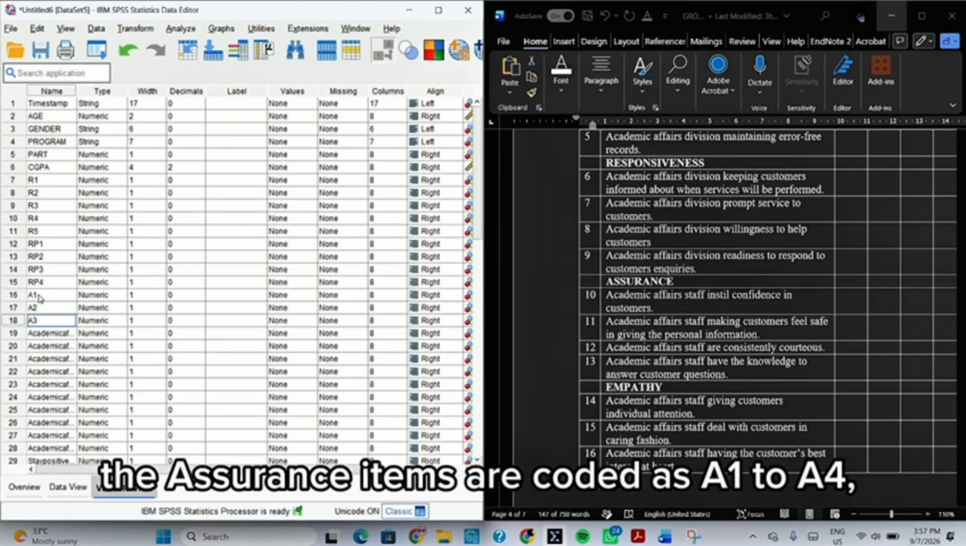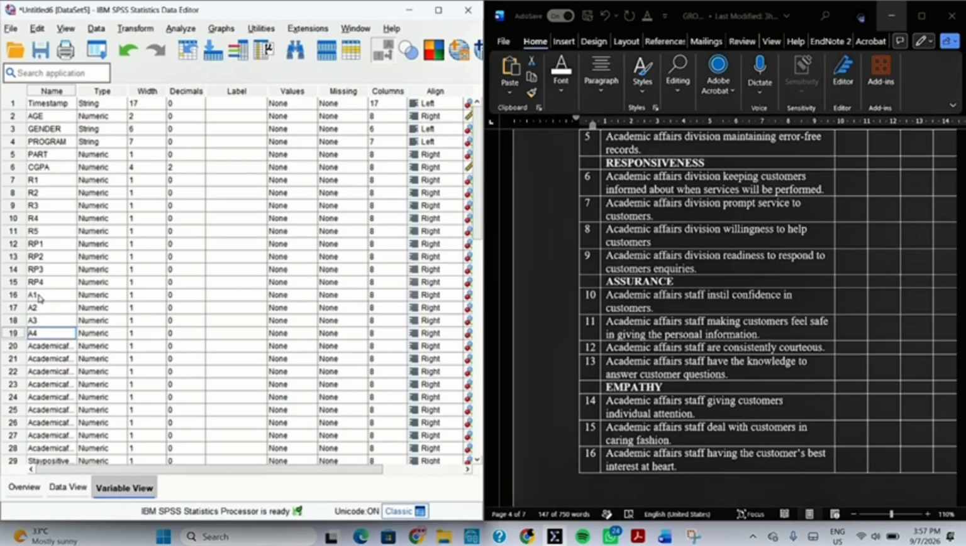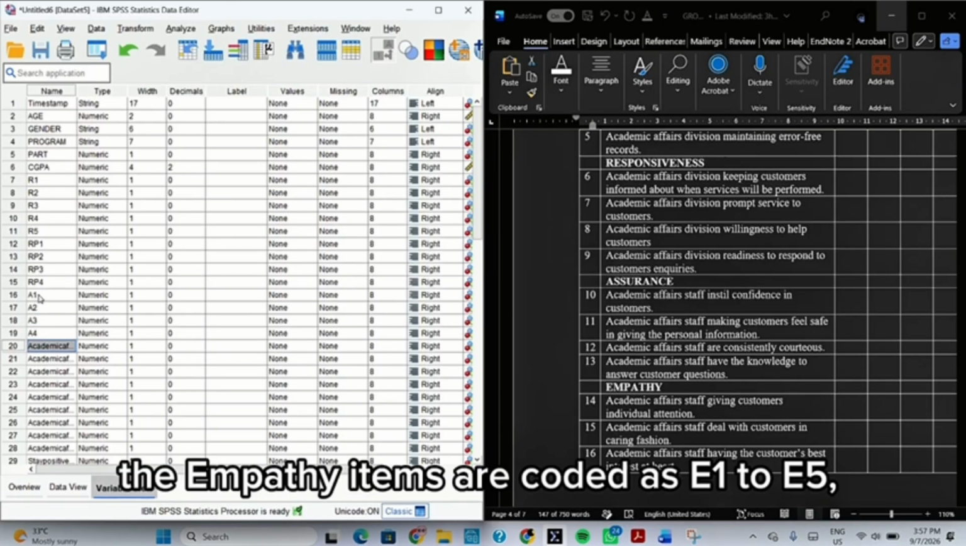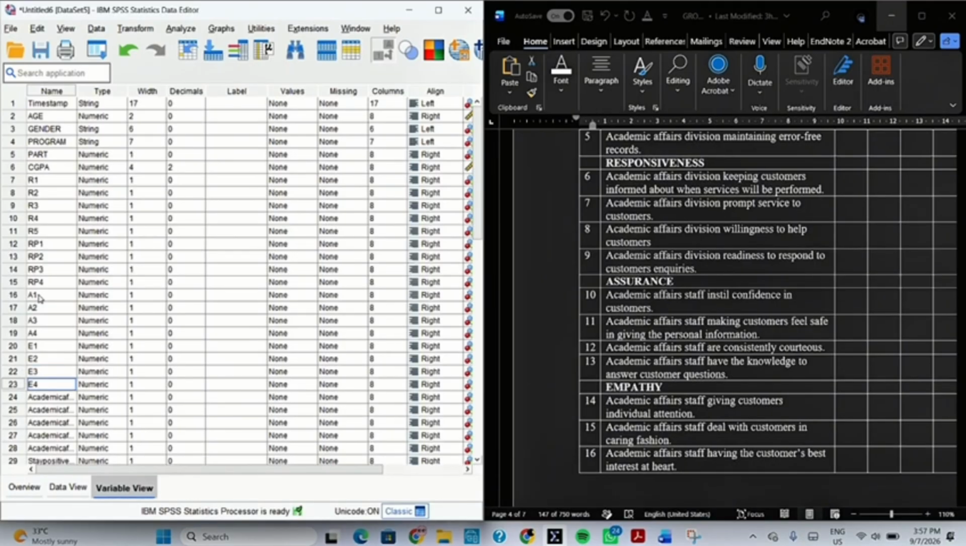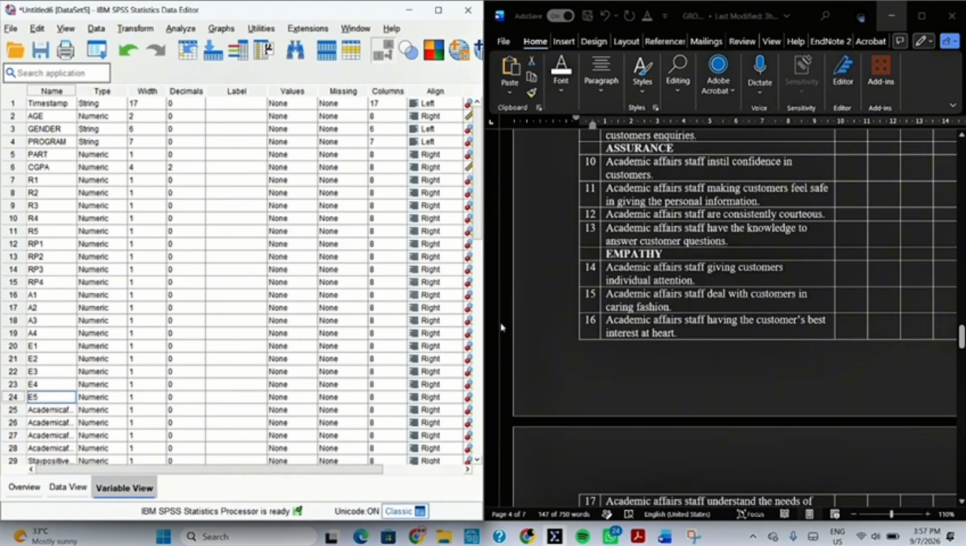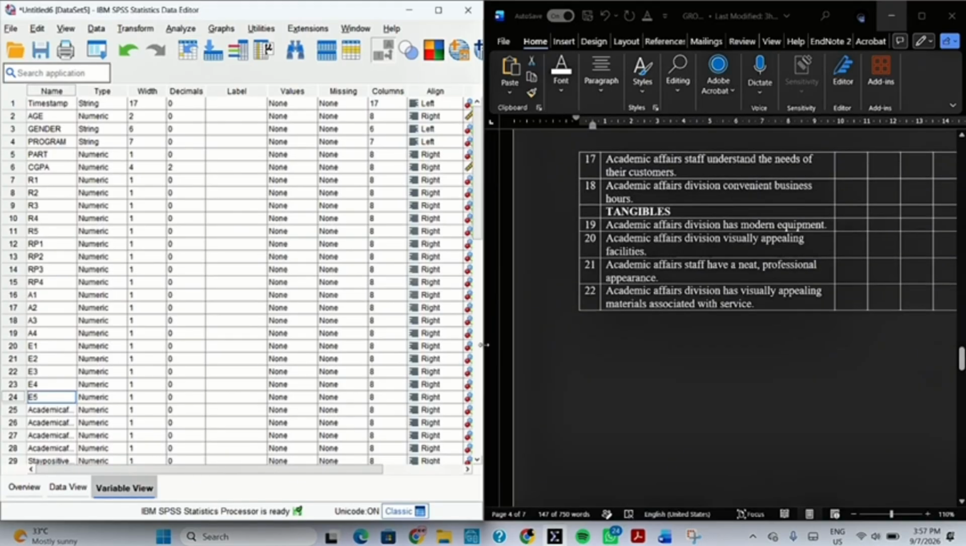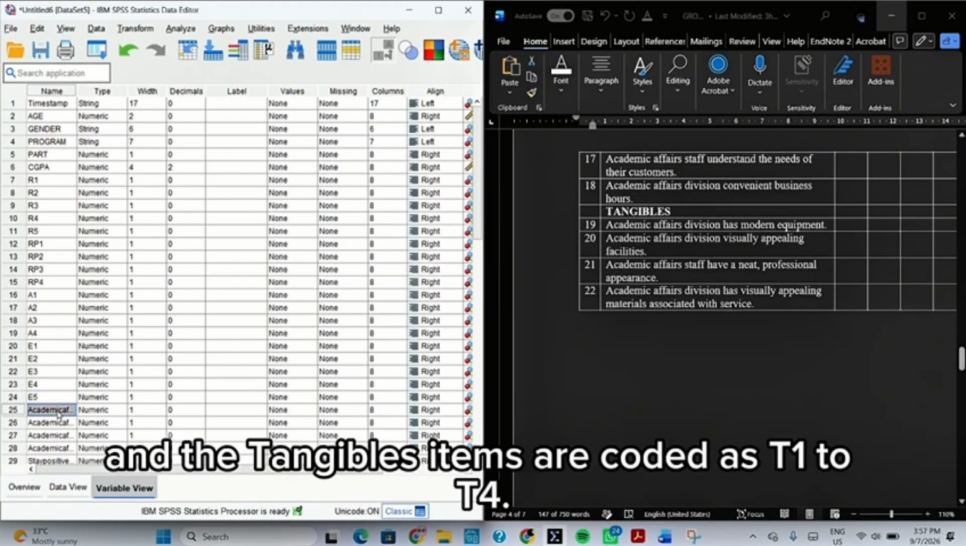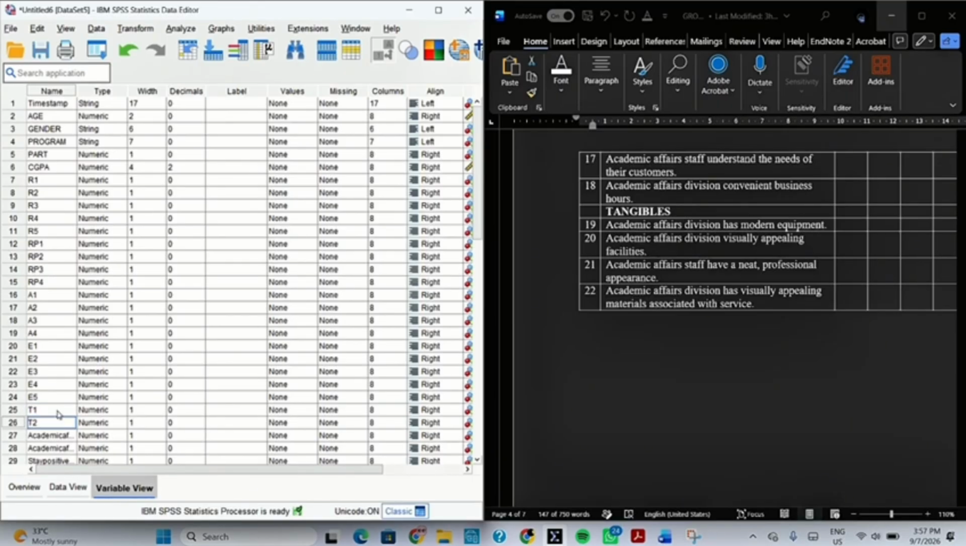The assurance items are coded as A1 to A4. The empathy items are coded E1 to E5. And then the tangibles are coded as T1 to T4. And then the next one is